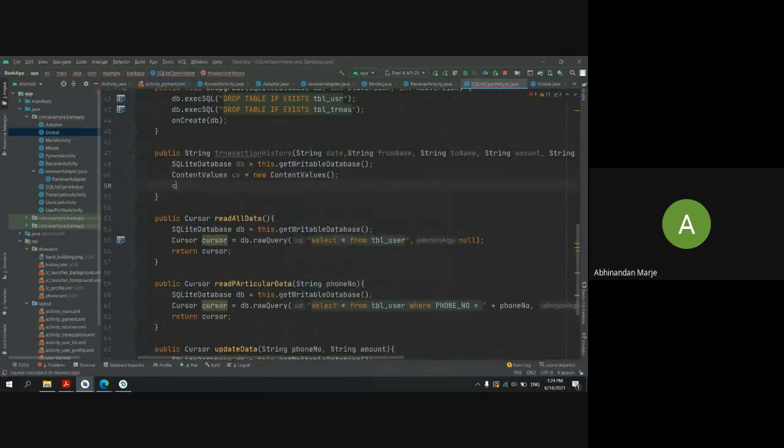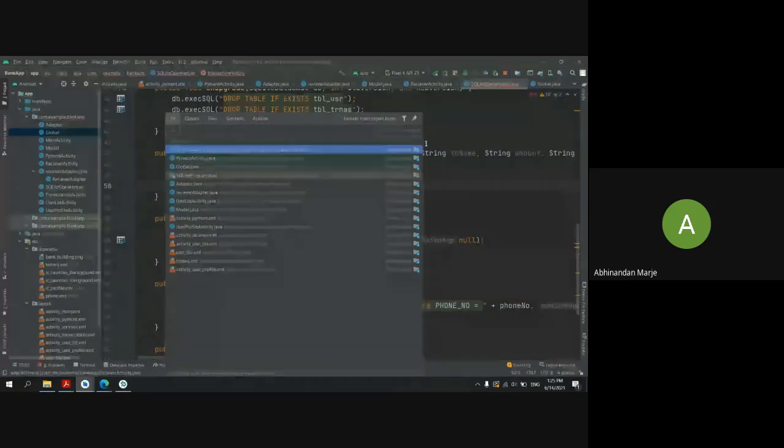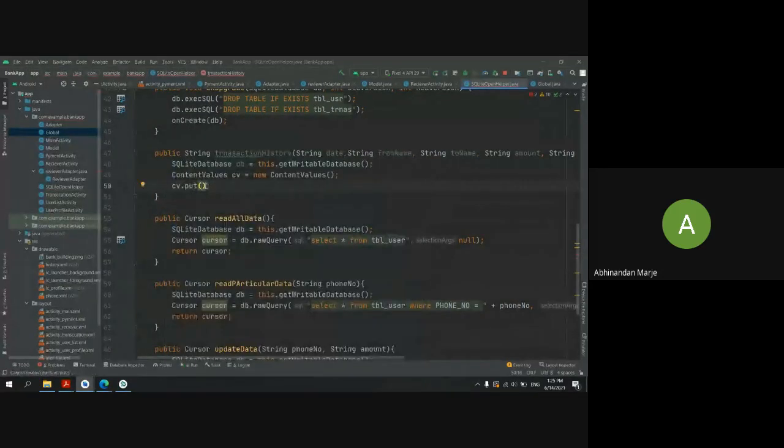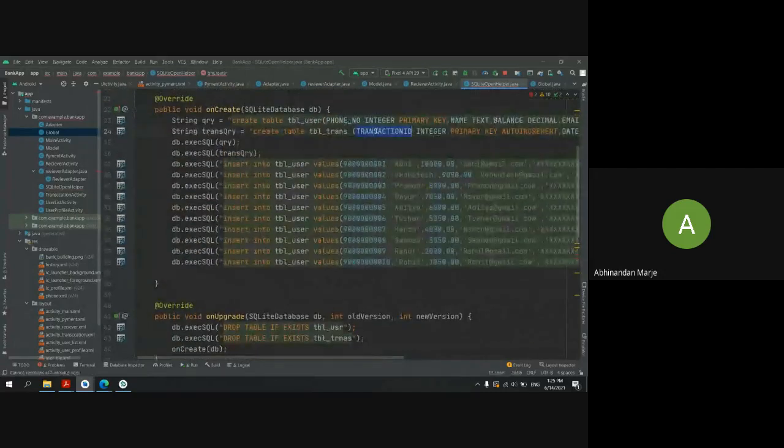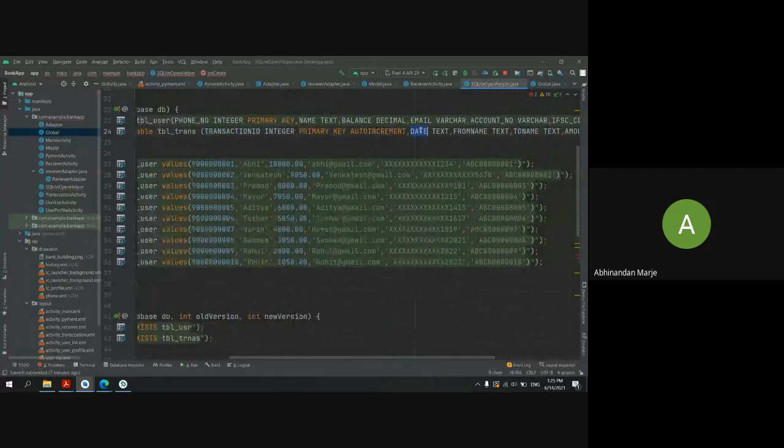So in this, we will first make ContentValues.put. It will ask for two strings: the first one is the name of the column we are sending to. Like if I'm updating my date, we have to mention that date here.